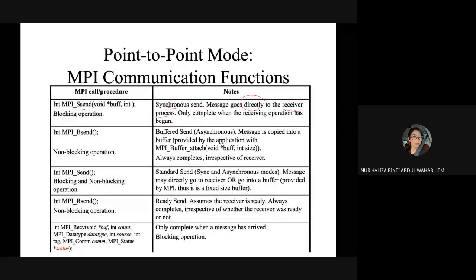Only complete when the receiving operation has begun. So it is blocked because you need to wait. You need to wait until a certain process completes first. Then you will move to the next. So under MPI B send, you can see it is a